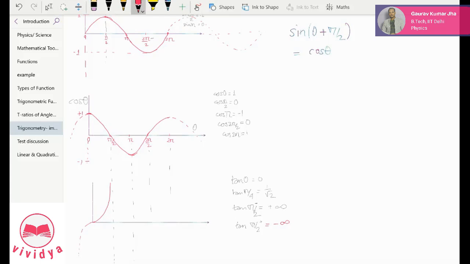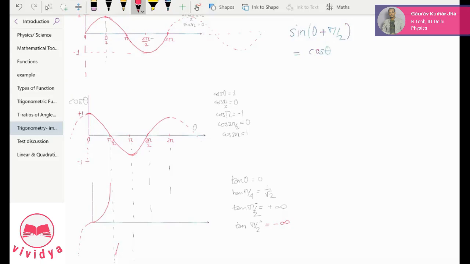The graph starts from just a memory. I want you to build the memory. Nothing much to understand here. Just relate it with whatever you know, and just remember the graph. That's what I am expecting from you. So here it starts from minus infinity, and again you know what will happen.